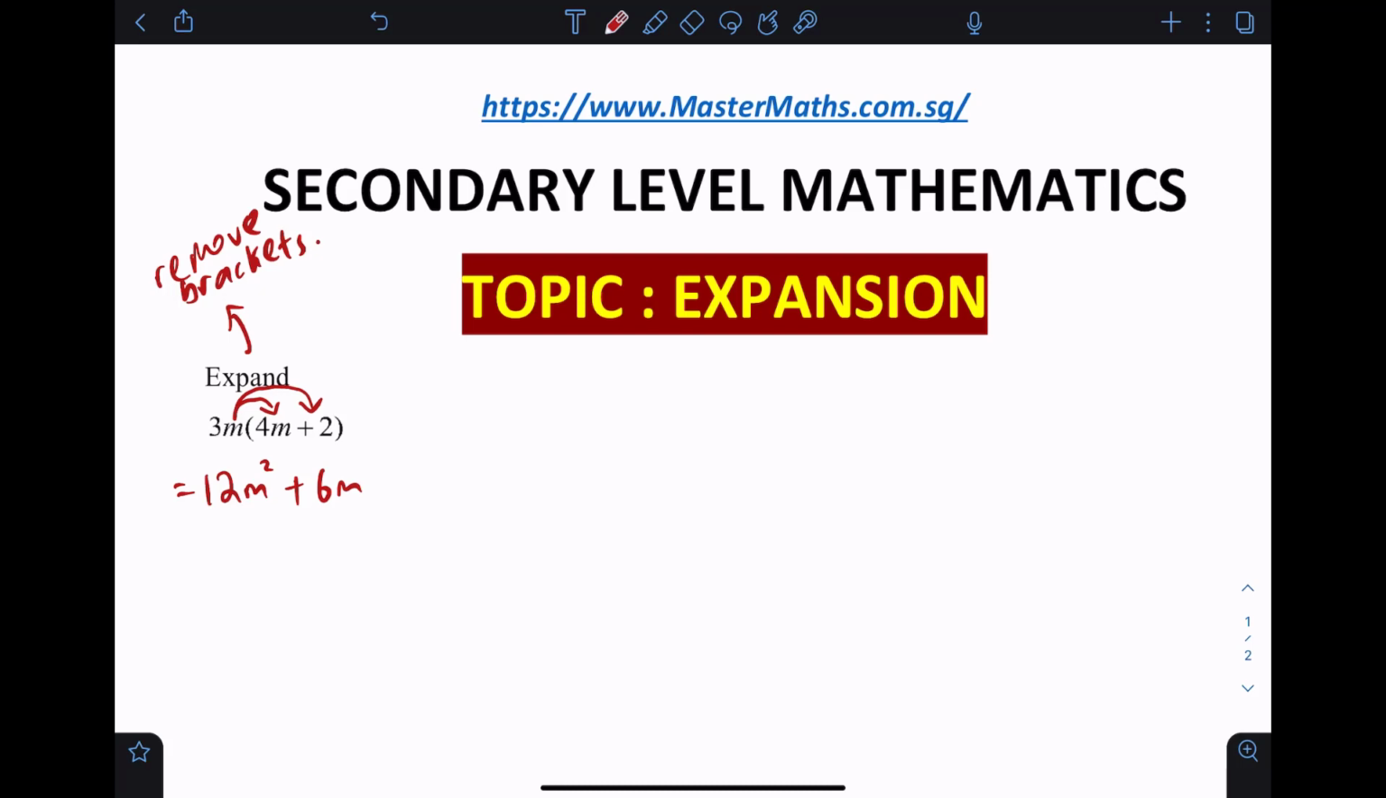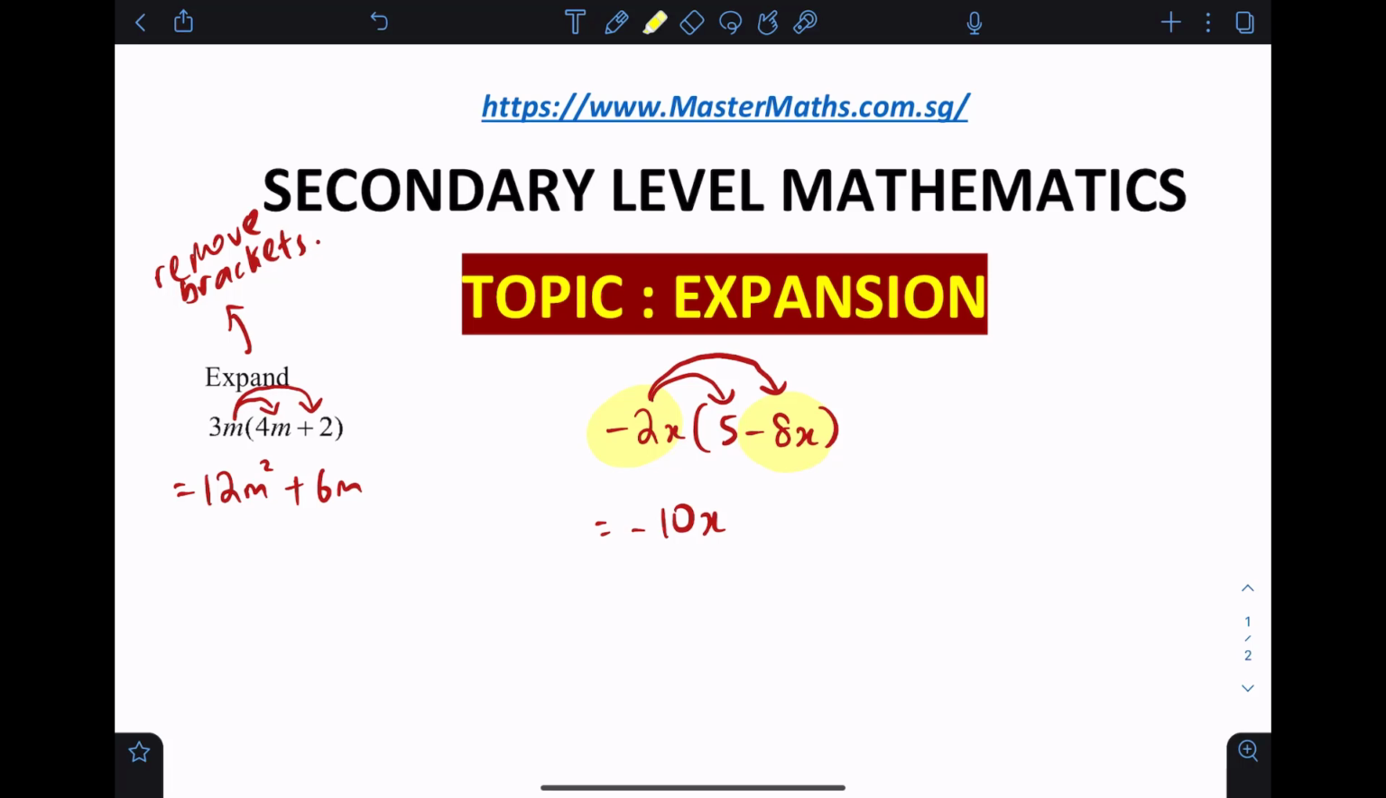Now let me extend this to some other kind of similar problems. Let's say, for example, you have negative 2x, and then in the bracket, you have 5 minus 8x. How do we expand? In a very, very similar manner, we will use a rainbow technique. So negative 2 times 5 is negative 10. Put x there. Negative 2 times